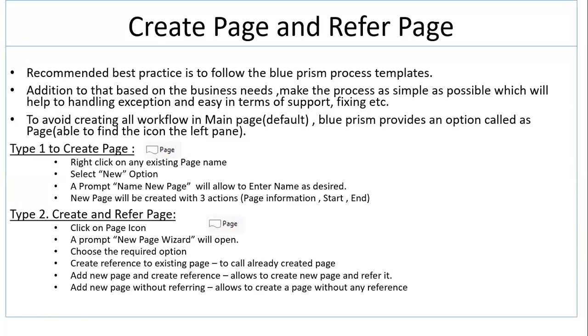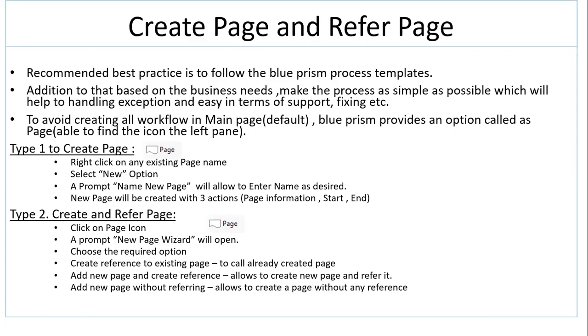For example, you will have a startup page which will be reusable when you have application launch and login, followed by a close down page which will help you to terminate the application which is opened or launched by the process. And next, regarding queue, you will have mark as completed, mark as exceptions, and populate queue. So these are the basic template pages which you will have, so you don't need to end up creating new pages every time. If you use a template, it will be easy for you to create or use those pages according to your business flow.